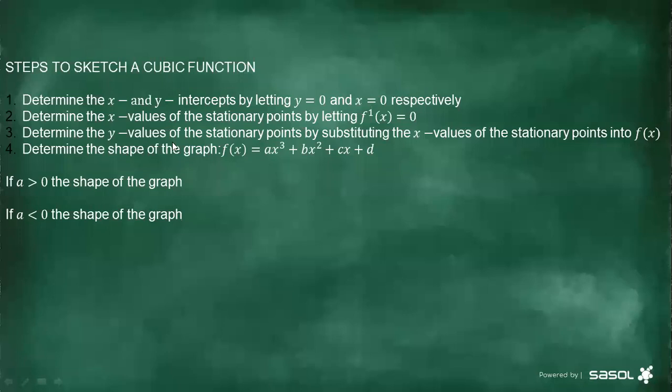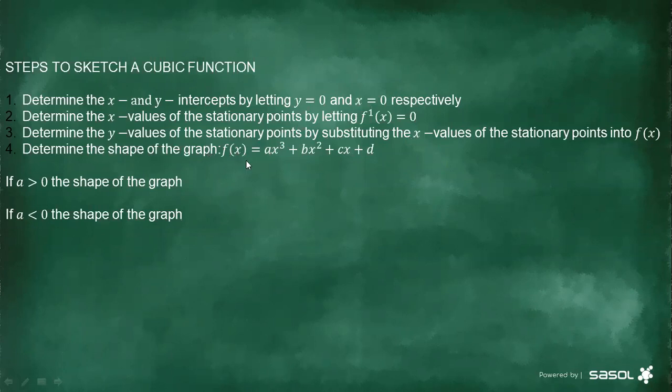Y values of the stationary points by substituting the x values of the stationary point into f of x. Now, just after you have determined the x values for the stationary points, you take those x values and substitute them into the original equation to get the corresponding y values. Number four, determine the shape of the graph